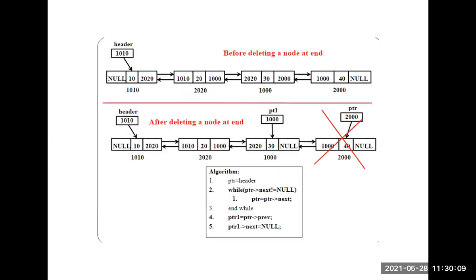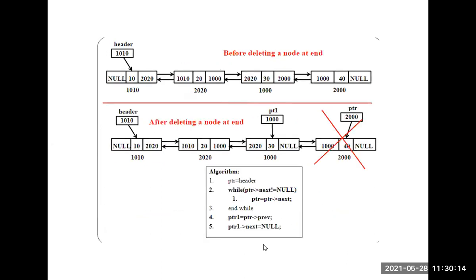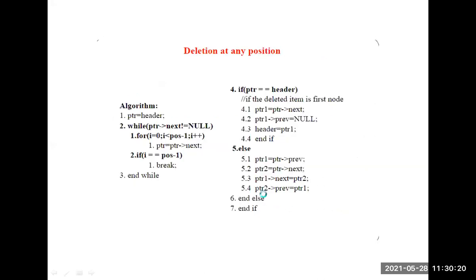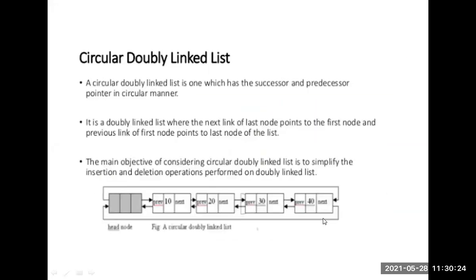See students, here I want to know the end point. I consider one loop and keep incrementing to find it. But in a circular linked list, the last node's address is in the left link of the first node, so you do not have to traverse the entire list. That is the advantage of the circular double linked list.